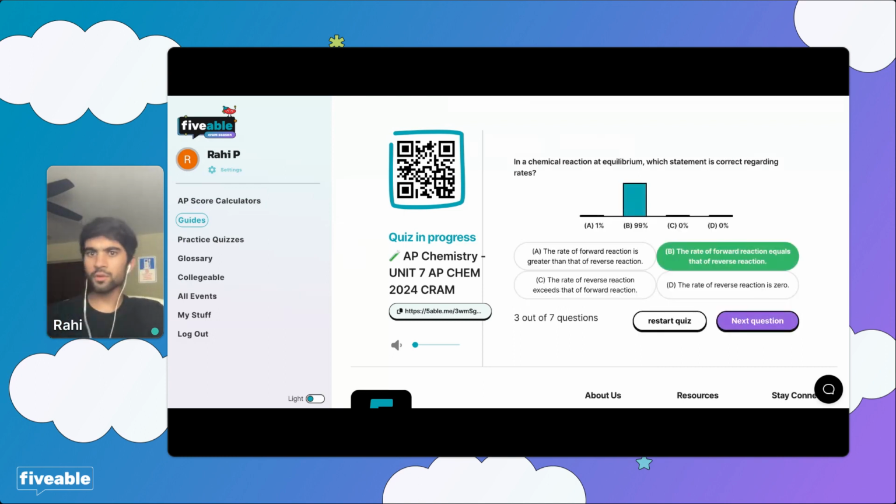Okay, wonderful. So the rate of the forward reaction is the rate of the reverse reaction. That's what equilibrium means. Even though these questions are relatively straightforward, it does not mean that the amount of products being produced is the same as the amount of reactants being produced. It's a rate, right? Just remember that, okay?